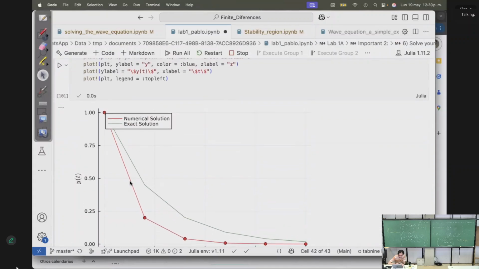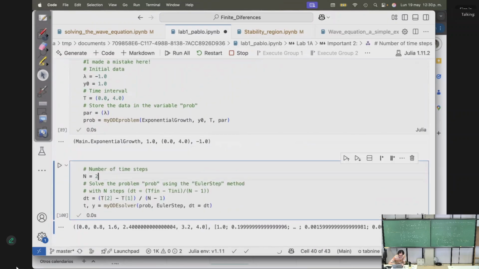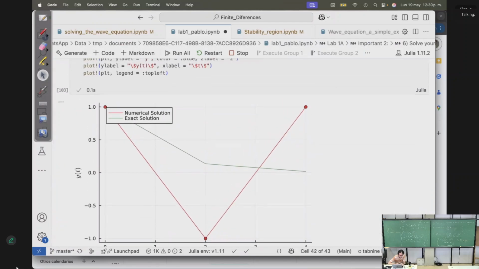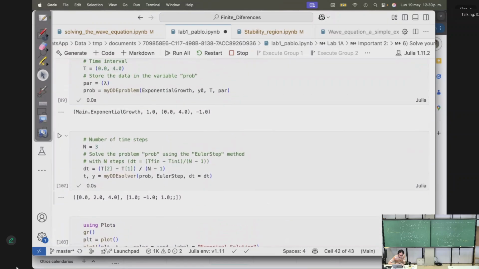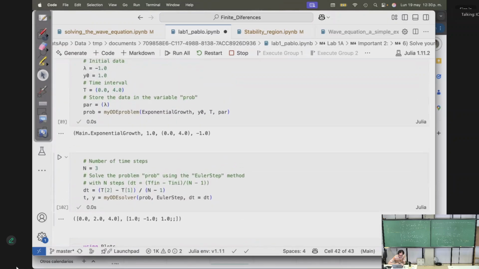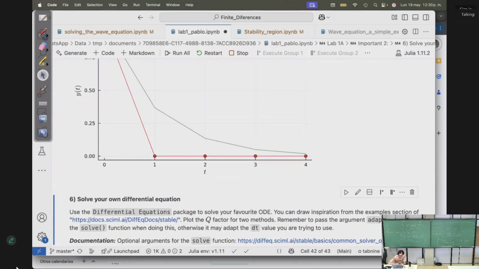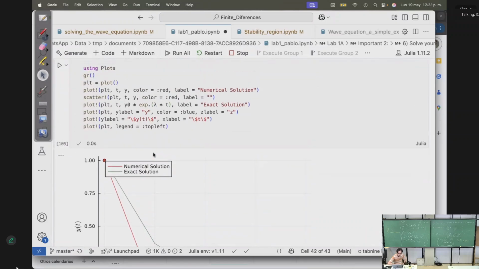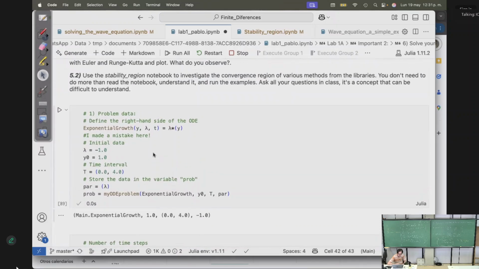Okay, this is getting worse and worse. What happens if we put here 3? Okay, so maybe we should have one a bit smaller than 5 there. Okay, so here, for example, if we put n equals 5 and we try to solve this problem,